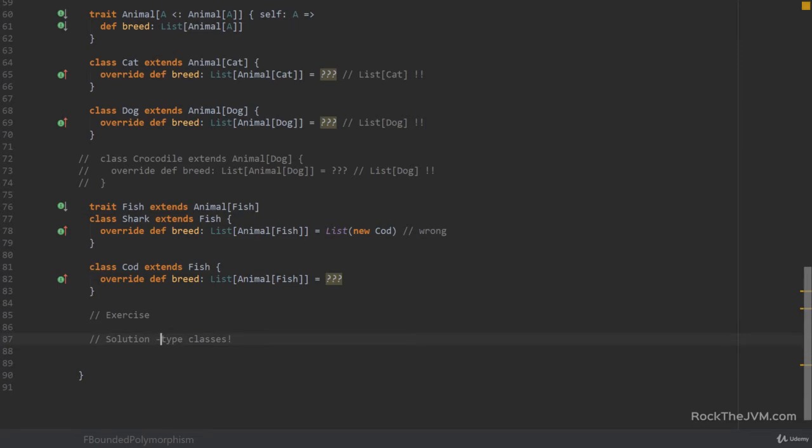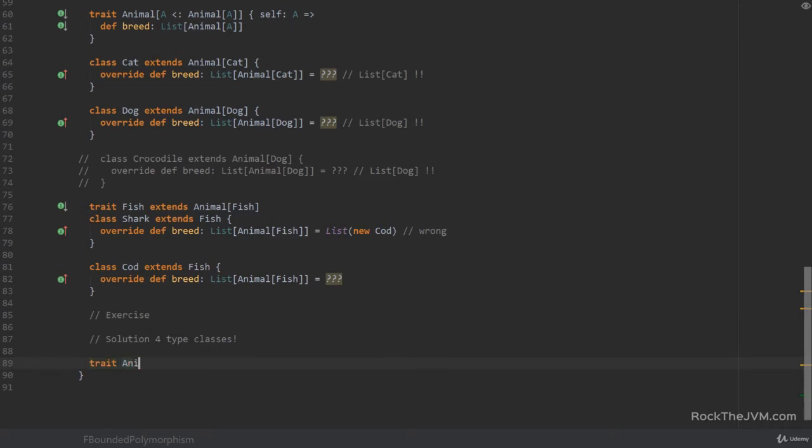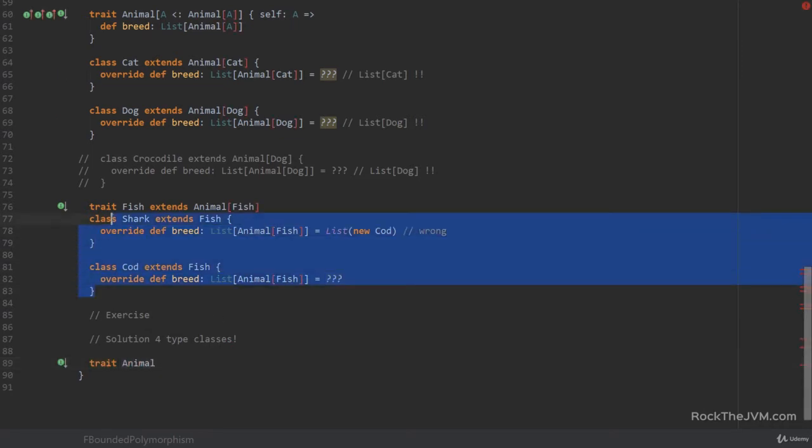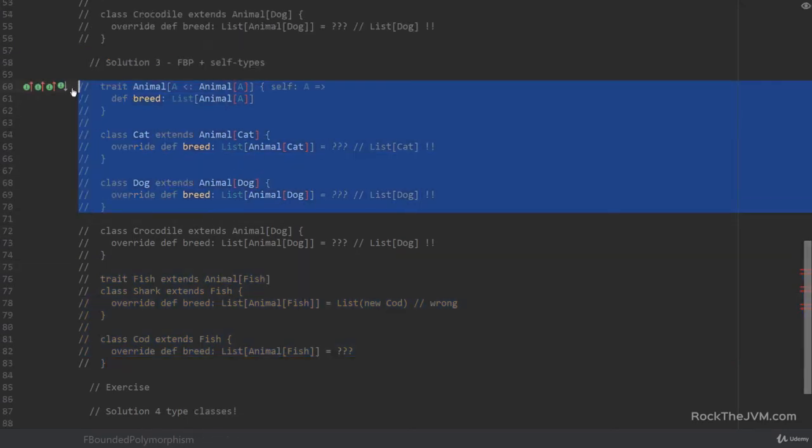Even though we have now found out about f-bounded polymorphism and now know what it does, let's explore this question a little bit further. So if you remember, type classes means that I extract some functionality in a trait typed with some type parameter, and then I use implicit classes or implicit conversions from our little Cat, Dog to those type classes. So in our example, I'm creating a trait called Animal. And before that, let me comment out all the code that we wrote before so that we don't have name conflicts. Okay.